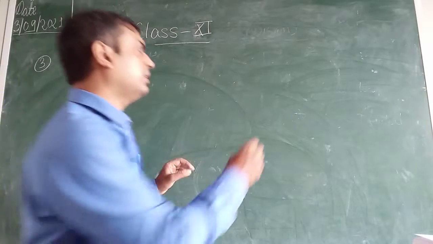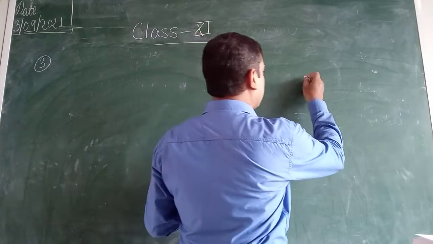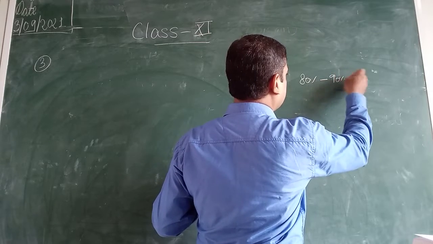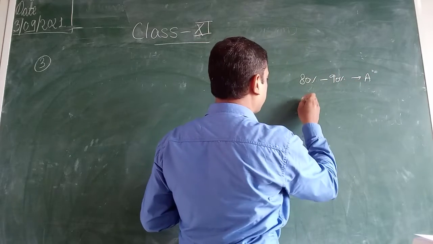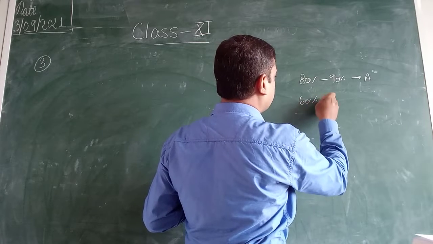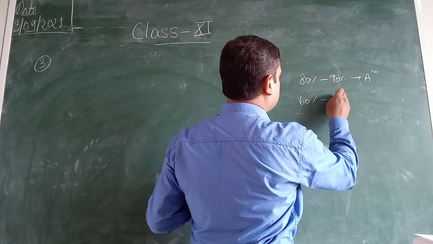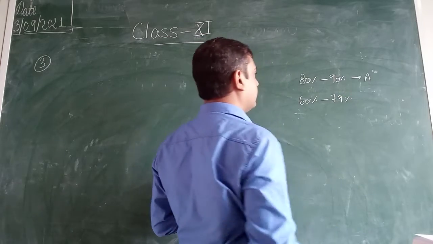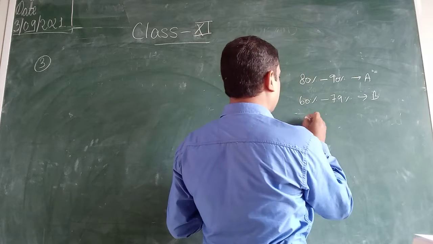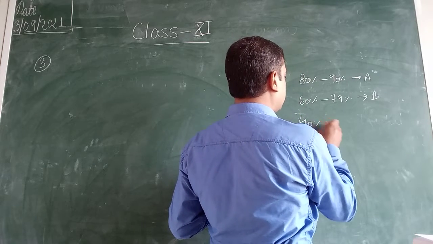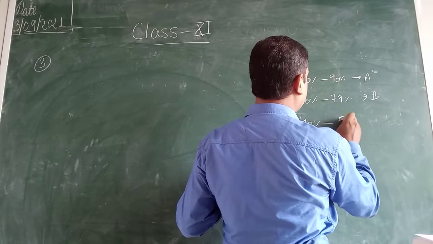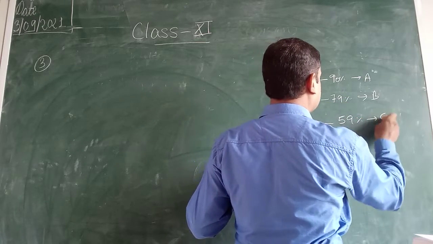Grades may be like this: 80% to 90%, it will be A; 60% to 79%, it will be B; 40% to 59%, it is C;